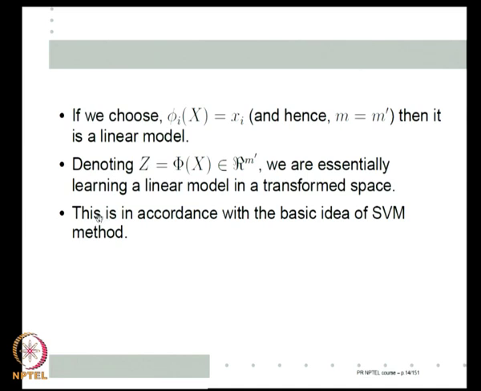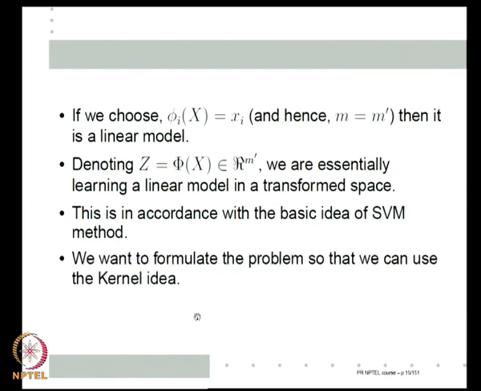But even in our earlier least squares regression, we said if we fix the functions phi 1, phi 2, phi m, for example, we see how to learn polynomials in one variable simply as a linear regression problem, right. If I fix the functions phi 1, phi 2, phi m prime, it is no different from linear regression. The main thing that we want to gain now is, even if I choose the functions phi 1 to phi m prime, I have to work in the m prime dimensional space, right. I have to first transform all the x's to z's and then do a linear least squares regression in the z space. That is not what we want to do.